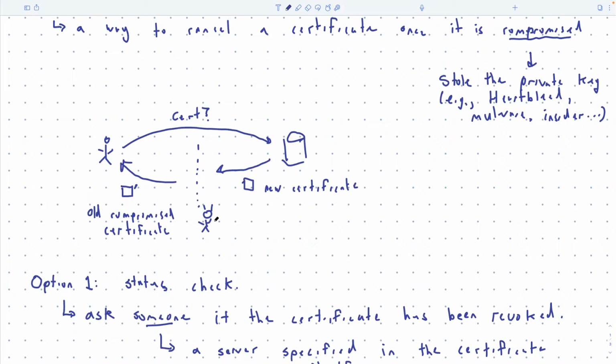Could they change it? What if they just change the yes to a no? Yes, it's been revoked, and they change it to no, it's not been revoked. What stops them from making that change? Encryption or signatures or HTTPS. So if this check was done over HTTPS, then they couldn't change that information, right? The best they could do is drop it, but then it would fail closed, okay? But because this is over HTTP, they can just change it, okay?